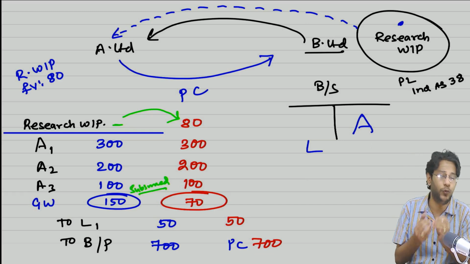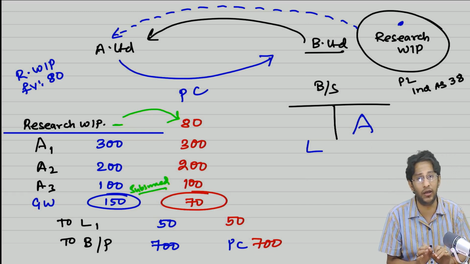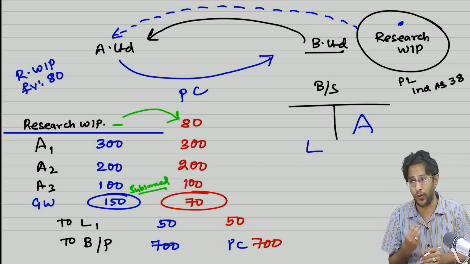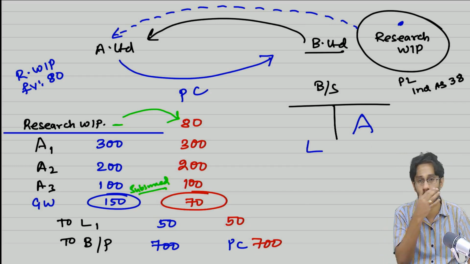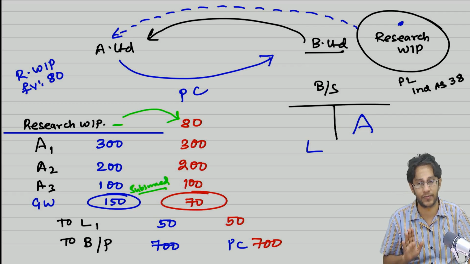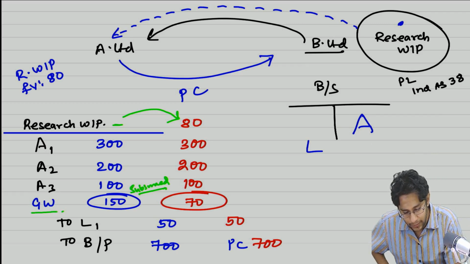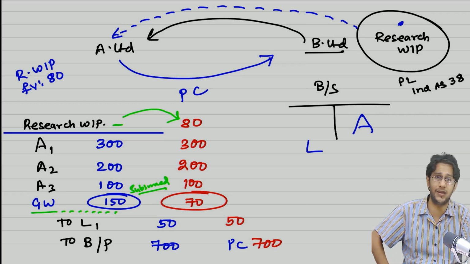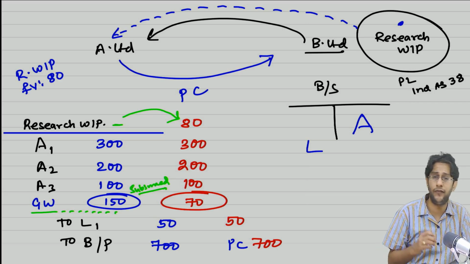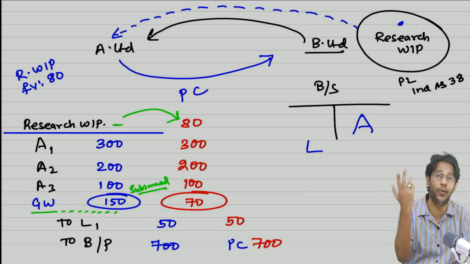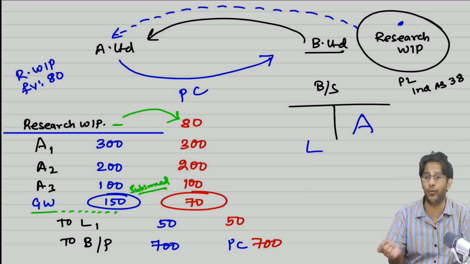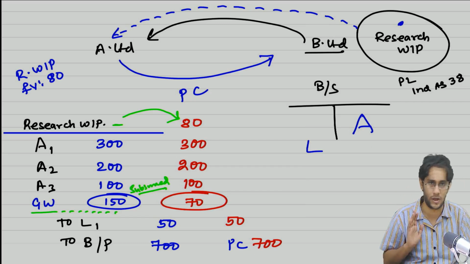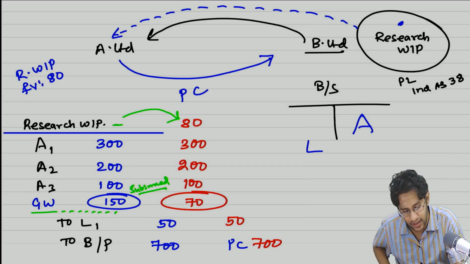And once it becomes goodwill, bringing or eliminating that goodwill is very difficult, because for goodwill, as we know, we do not have any amortization. You have to go and do impairment testing for goodwill in accordance with Ind AS 36. So, once it becomes goodwill, it is difficult to remove it. I know research WIP actually does not qualify to become an asset considering the definition of asset. But if you don't recognize research WIP, it is anyway coming to the balance sheet with the name of goodwill. So rather we recognize it as an asset and ultimately we eliminate it in the form of amortization. So that's why the standard has given this as an exception.